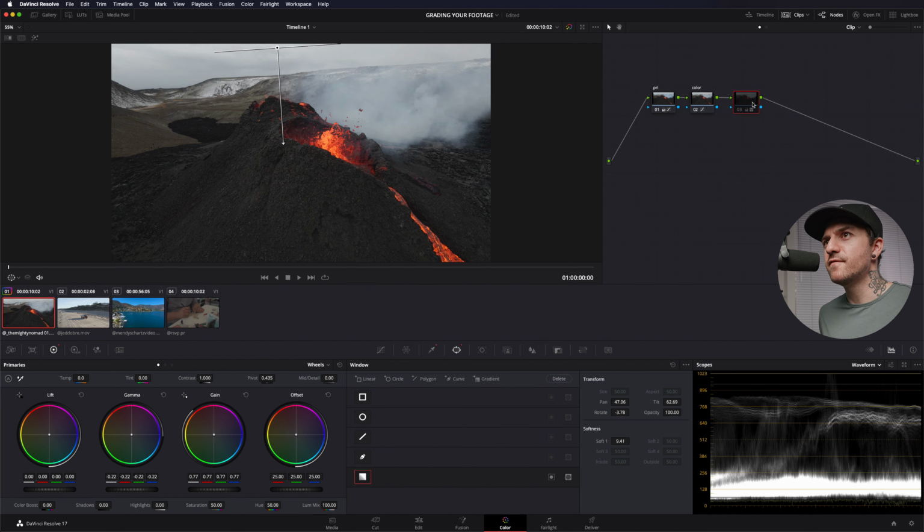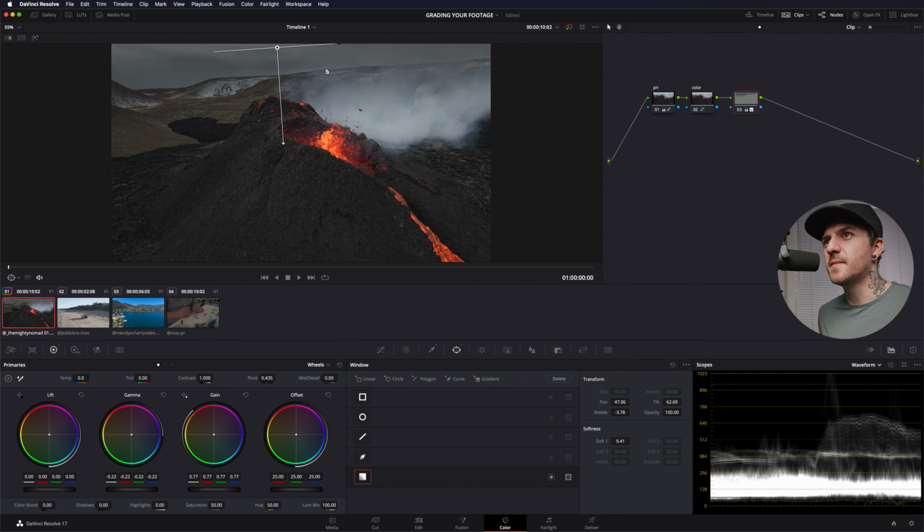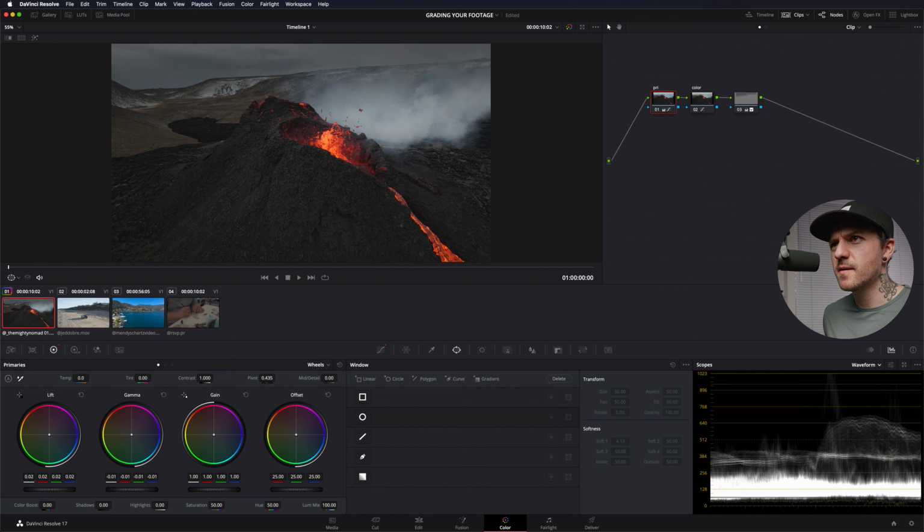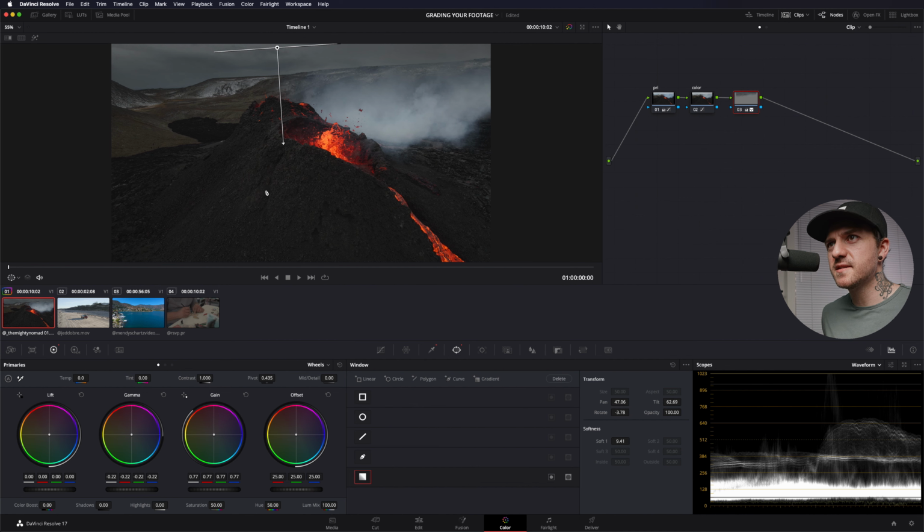So we've got this kind of daytime, and then it kind of looks a little bit more dark and moody. And going back to my primary here, I feel like we could probably make the whole scene just a little bit darker using the gamma. There we go. And then the last thing I want to do is make this kind of middle section pop